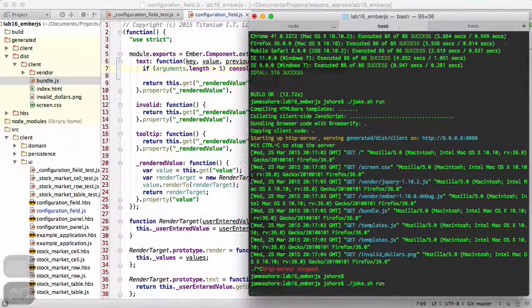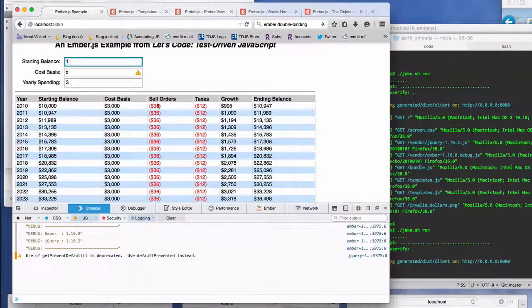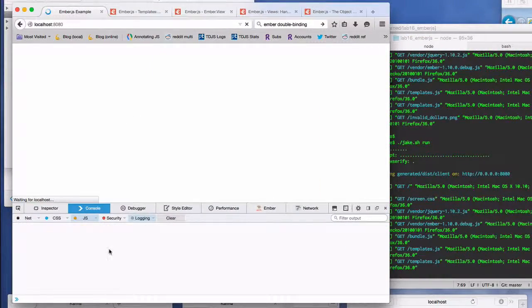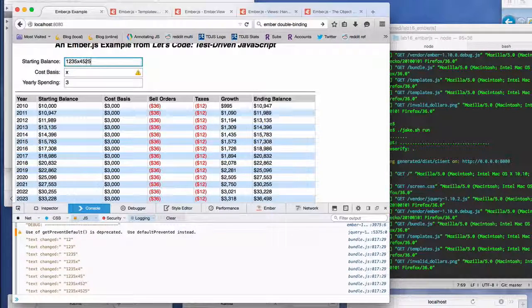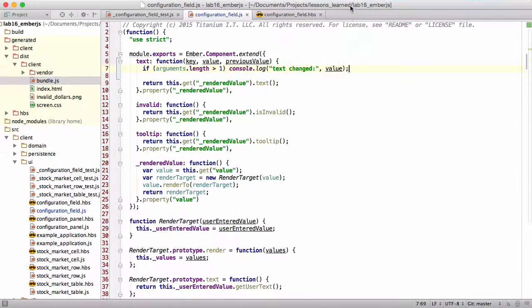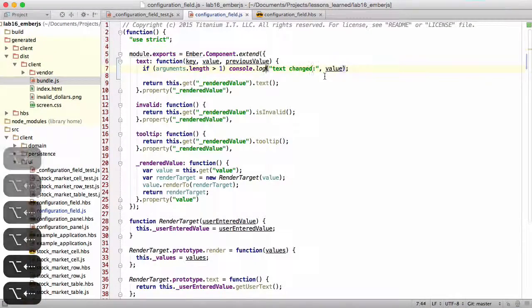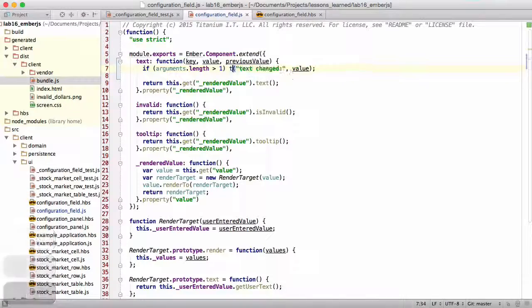So if we do that, let's go ahead and run it. If we do that, we should see a console log come out here every time the text is changed. Yeah, excellent. So what that means is that when the value changes, what we can do is set the value